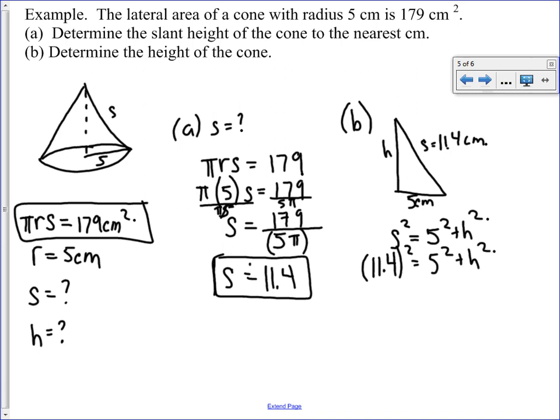So we can rearrange this and solve for height. So height squared is going to be 11.4 squared minus 5 squared. We find that answer is equal to 104.96. We find the square root of that. We get that h is equal to approximately